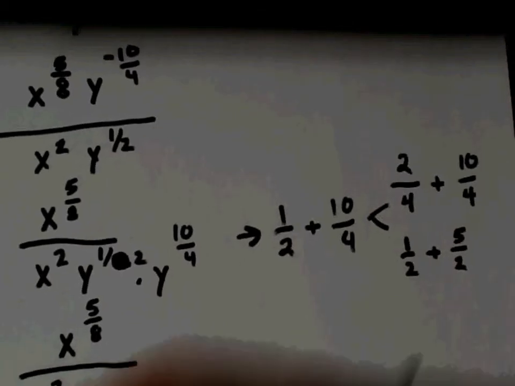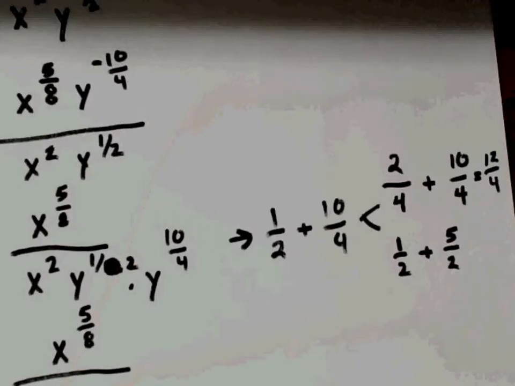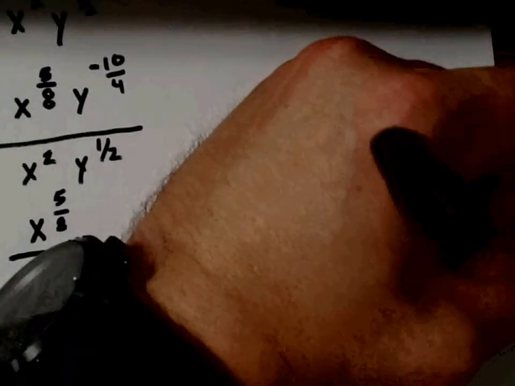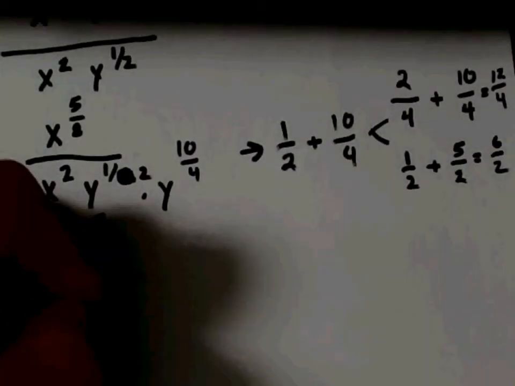And so 12 over 4 and 6 over 2 all reduce to 3, right? Okay, and so they both reduce to 3, and so this becomes